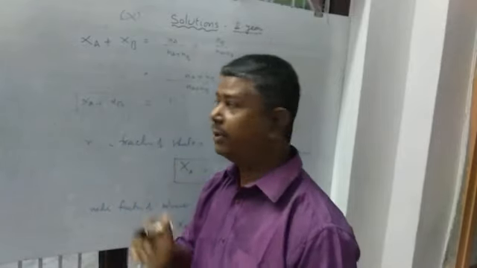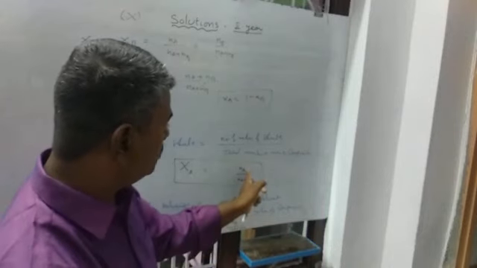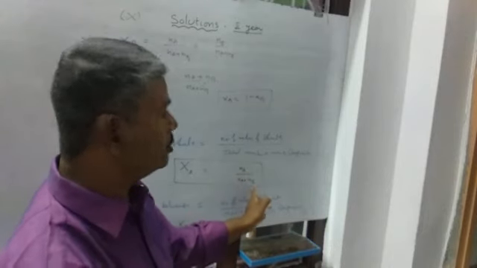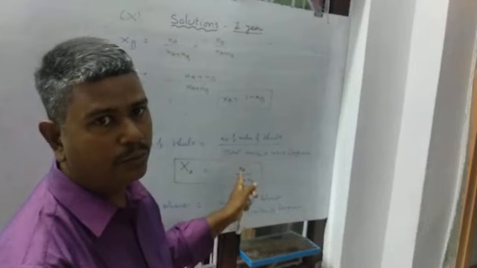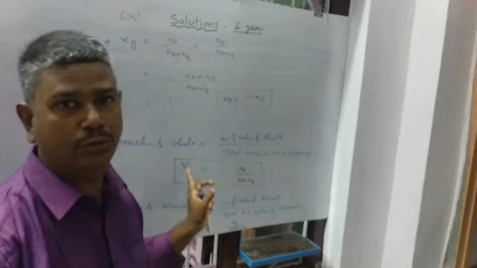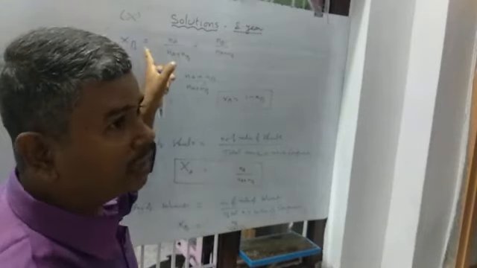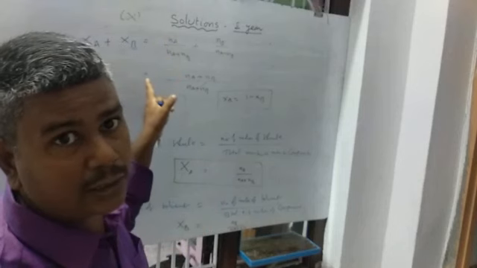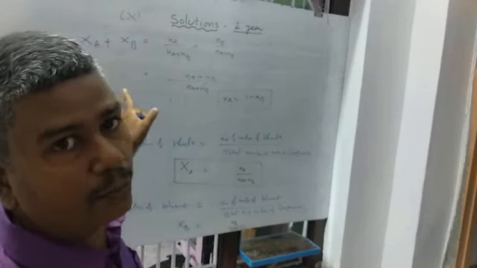Now, what about the units? Observe here also: number of moles of the component by total number of moles of the components. So here also moles and here also moles, so the moles get cancelled. So the mole fraction doesn't have any units. Clear? So that is one of the most important concentration expressions, that is mole fraction.